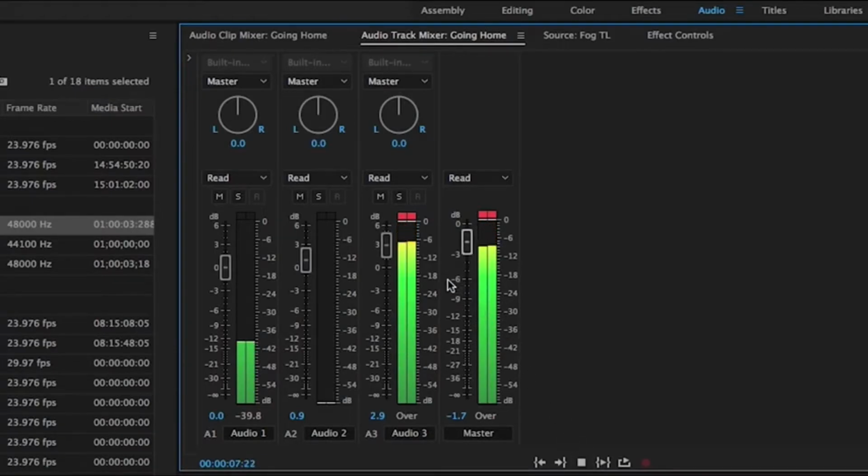As your sequence plays, move the sliders up and down to increase or decrease the volume of each individual audio